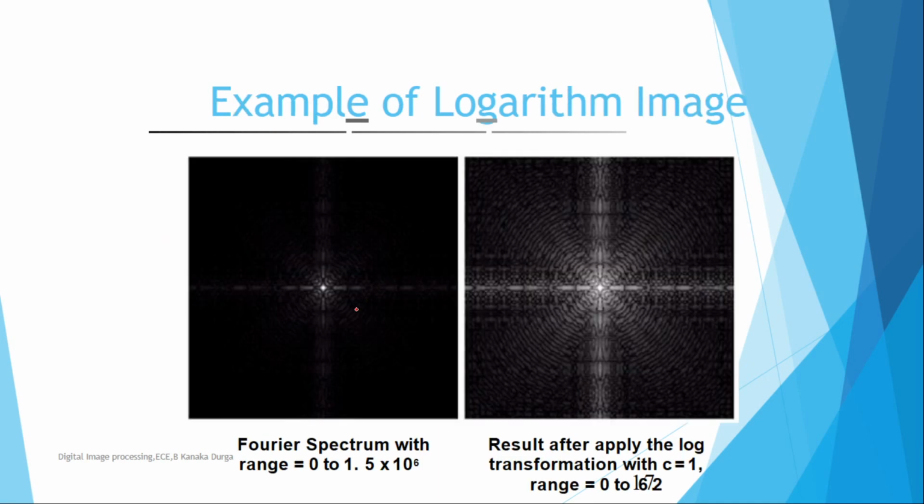Consider an example. This is the image of the Fourier spectrum in frequency domain analysis. If you observe, the distribution of the pixel values in this range is not proper, and we cannot identify the details. To overcome that problem, we apply the log transformation on this image. The clarity and quality of the image have increased, and we can now identify the dots and the circular nature of the photograph.